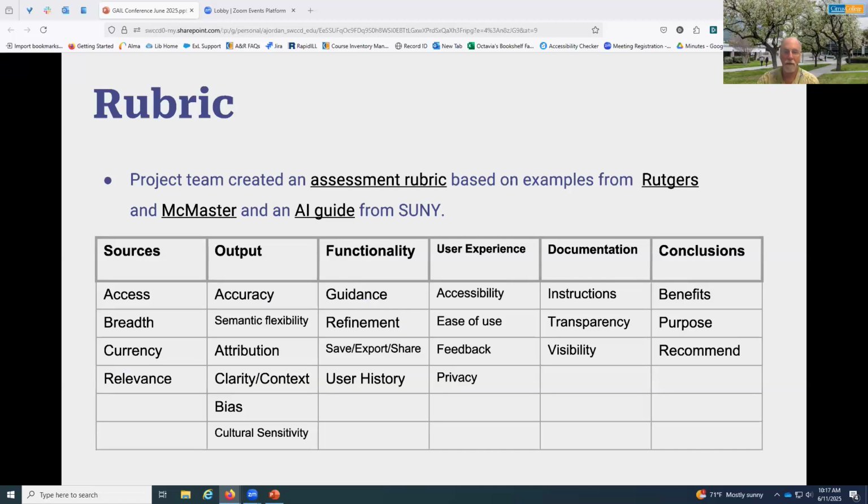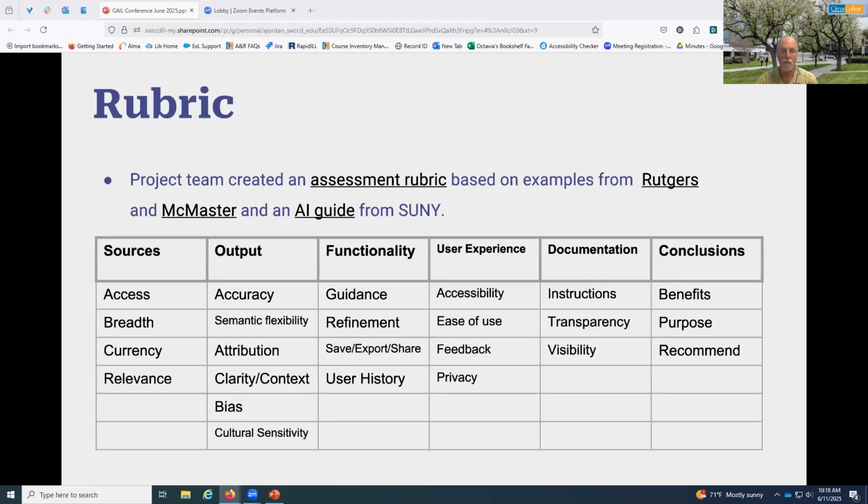Yeah, so here you can see our rubric categories and the individual criterion. The project team members did an environmental scan of rubrics being used to assess AI products, both generally and in libraries specifically. And prior to launching our survey, we did not find any studies specifically used for the assessment of PRA, which further reinforced our sense that our own work in this area was needed and of potential value.